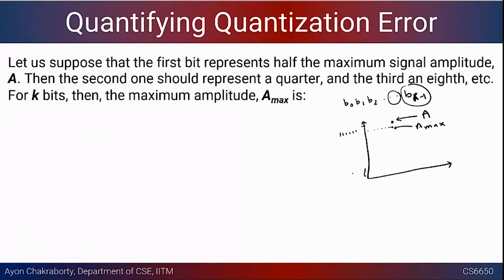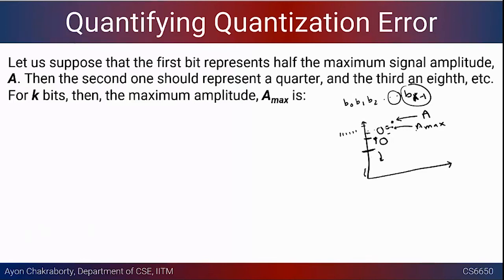So how are you thinking? Basically, what did we do? If you go here, this is either this side or that side. The first bit will tell you whether to go on the downside or the upside. The next bit will tell you whether to be here or here. The next bit will tell you whether to be here or here. So this will keep on approximating.